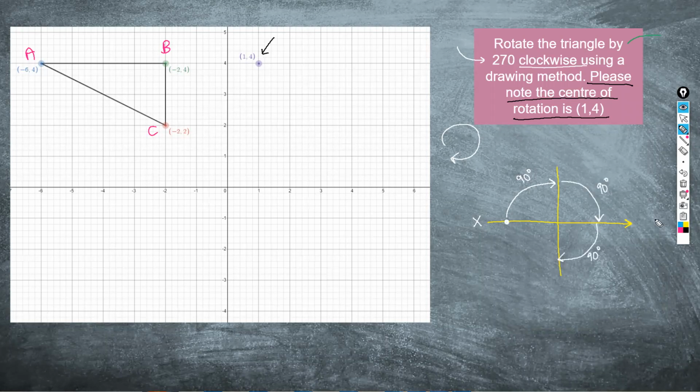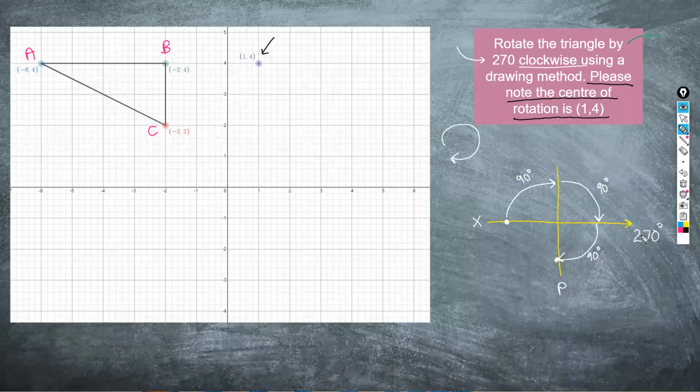Let's say we ended up at this point here, and I'll call this point P. How many degrees did we turn clockwise in total? What's the total clockwise rotation for my made-up question? Everyone is saying the correct thing. It's 270 degrees. 90 plus 90 plus another 90 is